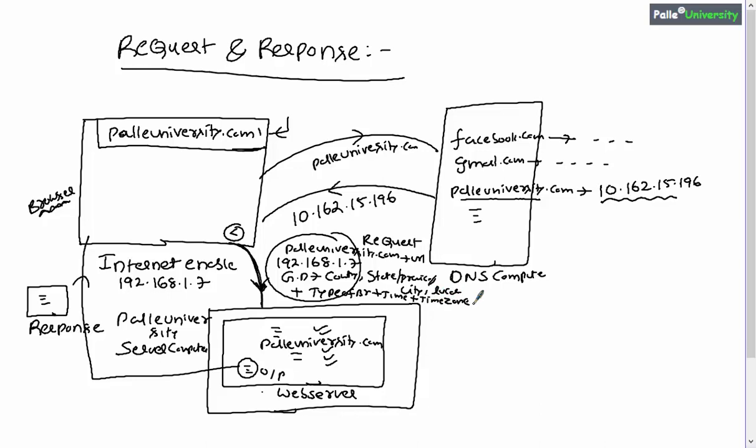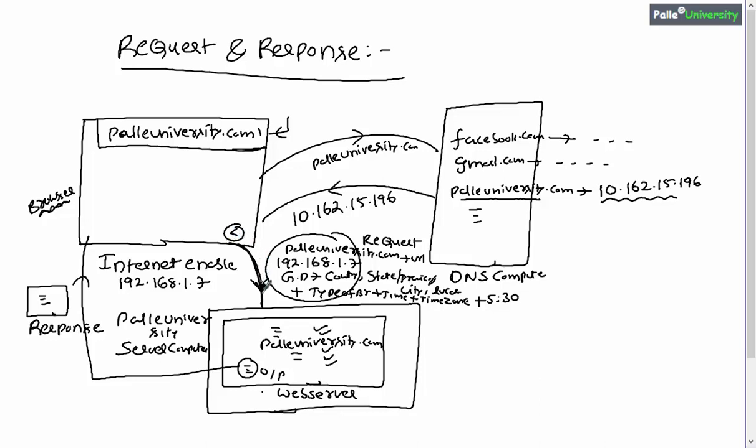So what is the time zone corresponding to your country, or the time zone corresponding to your locality, or the time zone corresponding to your state or province, so that the time zone details will be included. In case of India, it is plus 5:30, right? So in case of US, it can be something different, or in case of some other countries, it can be different. So whatever it is, the time zone details are also included in the request.